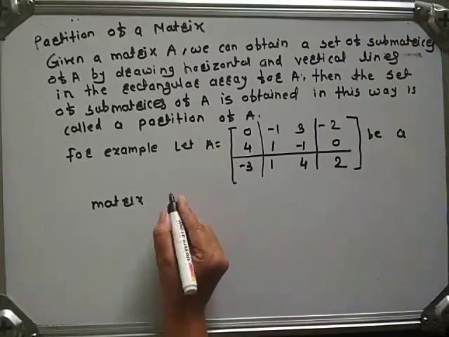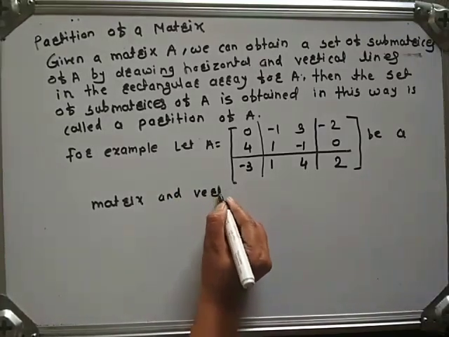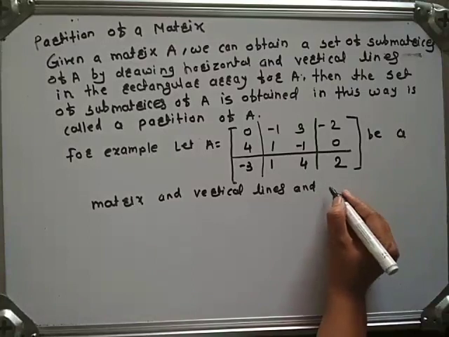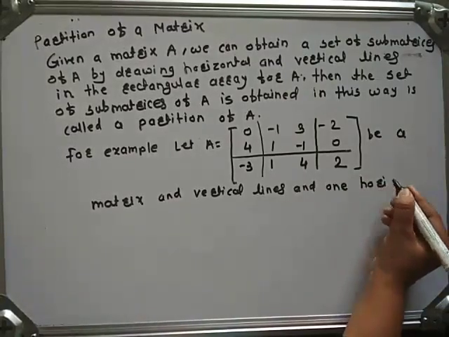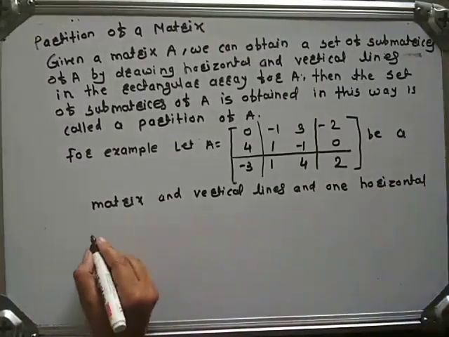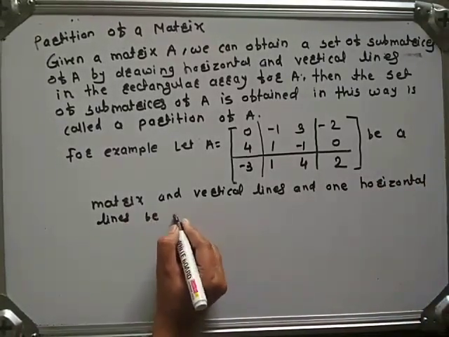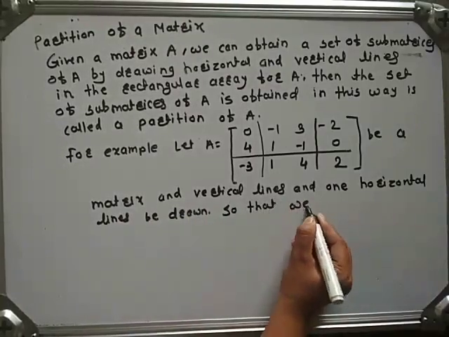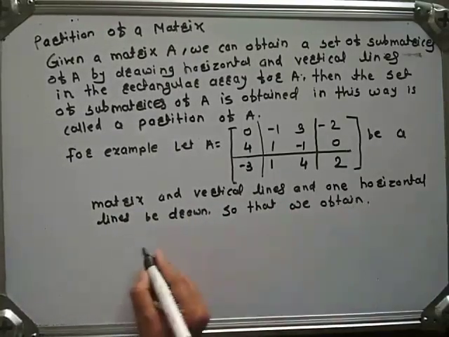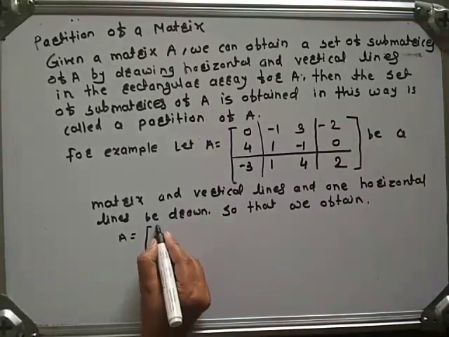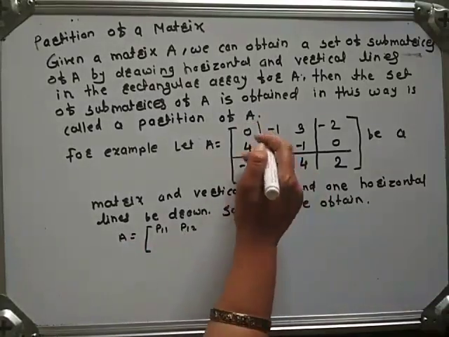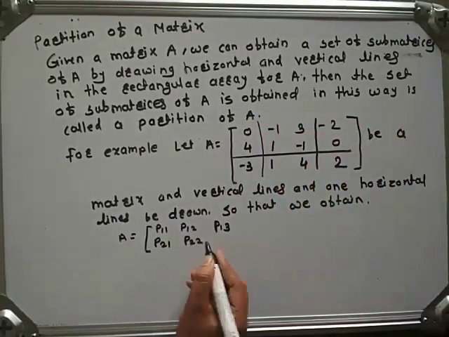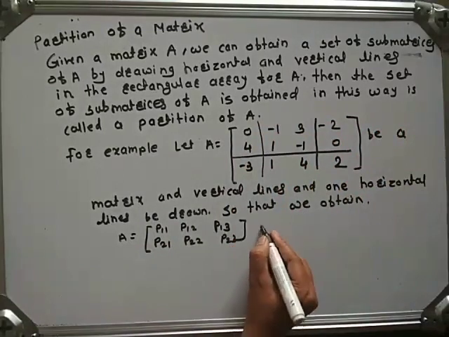This is a matrix, and two vertical lines and one horizontal line are drawn, so that we obtain A equals P11, P12, P13 in the first row, and next P21, P22, P23, where